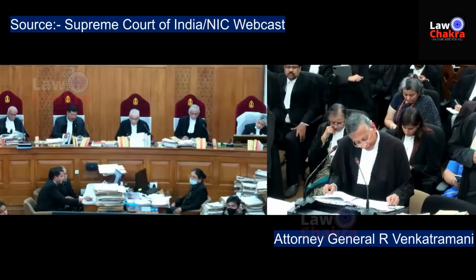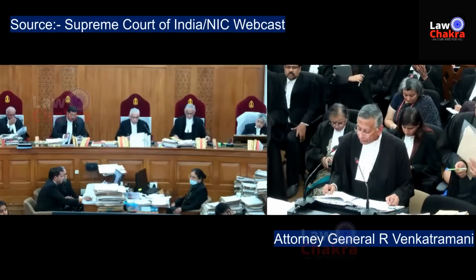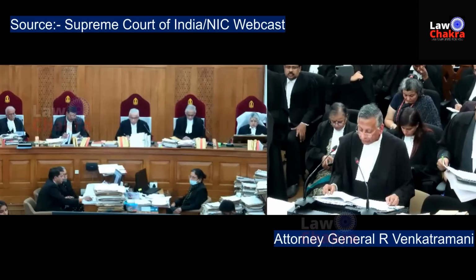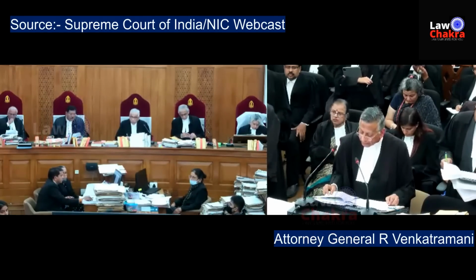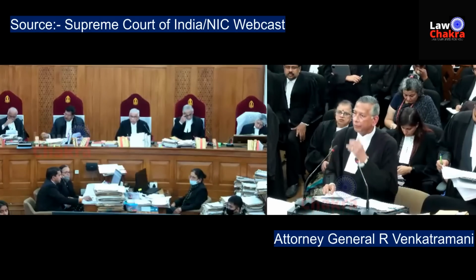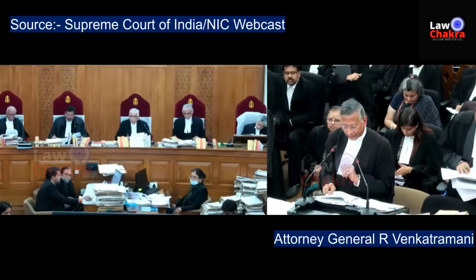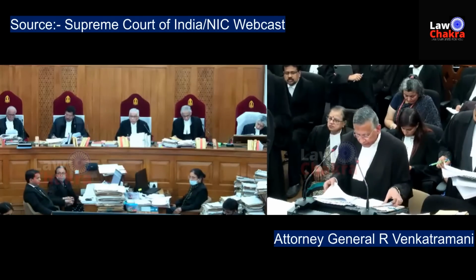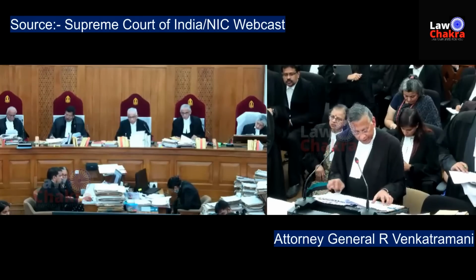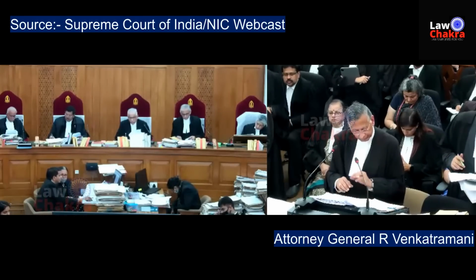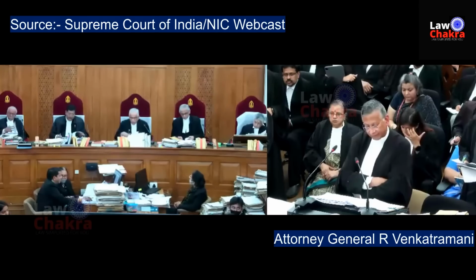Now look at Section 3. On the expiry of the 16th day of so-and-so, all high denomination banknotes shall, notwithstanding anything contained in Section 26, cease to be legal tender. We're talking only about Section 26. Now, as far as other provisions are concerned, they are more or less the same. Now, kindly come to page 3, the ordinance in question, the ordinance in the present case. Your Lordship, 8th of November